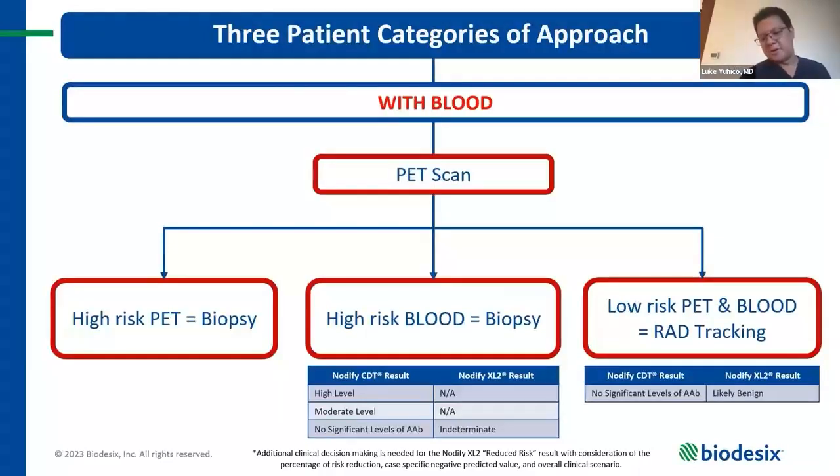Next category is the I'm not sure category. It's the PET scan category. Now, PET scans are great tests, but they're interesting tests, as we know. They get glucose in their tracer, and PET scans light up. And if they light up and they're hot, they're wonderful. However, as we know, they are largely dependent on hypermetabolic activity, and therefore, the smaller the nodule, the less likelihood the PET scan will light up. So we have PET scans that light up with SUVs of 3 or 4, which I call PET lows